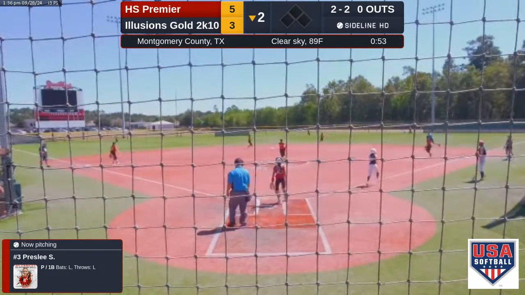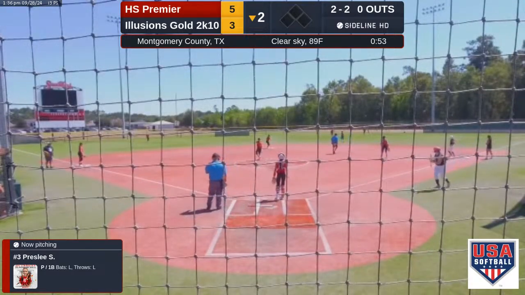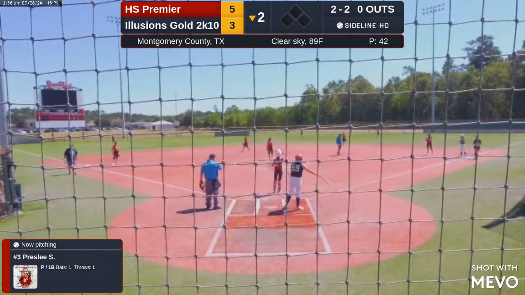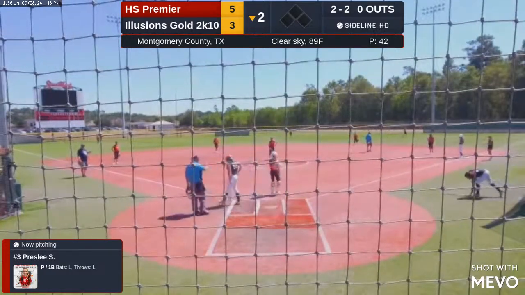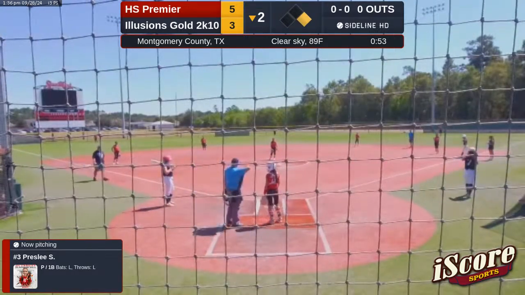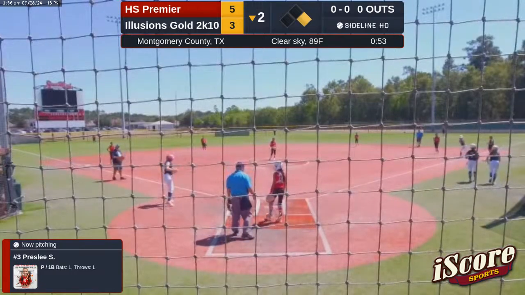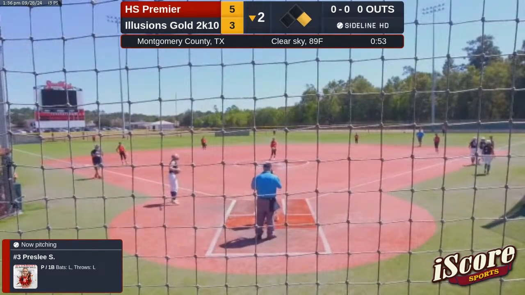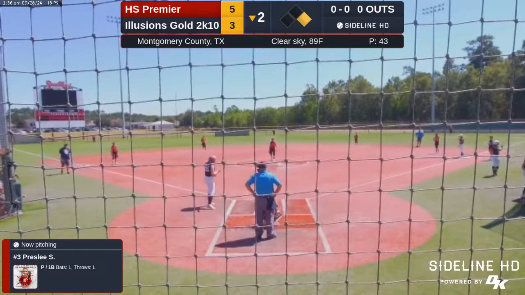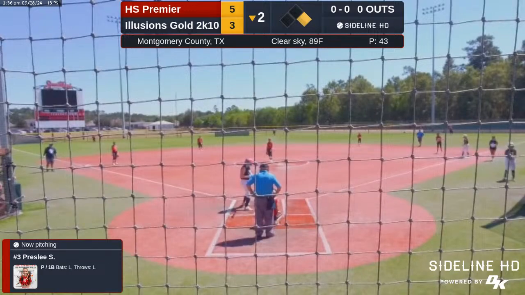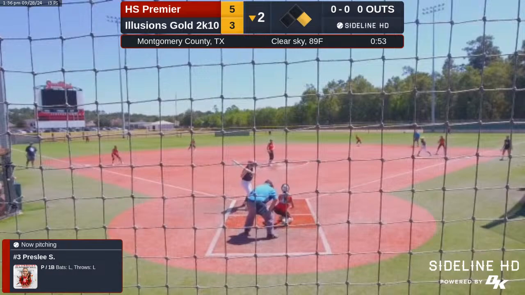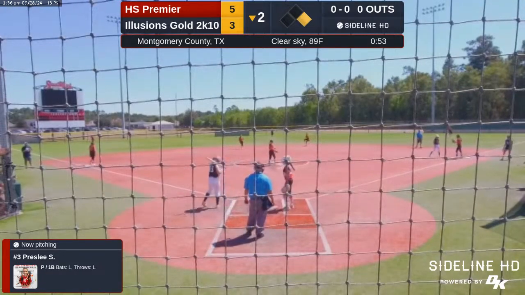It's a line drive up the middle. KB's coming over. She cuts it off. Gets it into second base. Just down and away, ball 1.